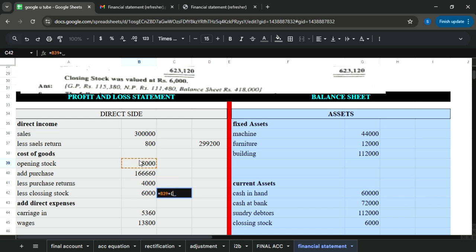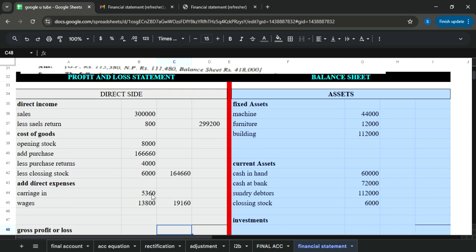Then you will add purchases, 1660. Returns would be subtracted. Closing stock would also be subtracted. So guys, we have got total cost of sales, after which we have two direct expenses, 5360 and 1380, total